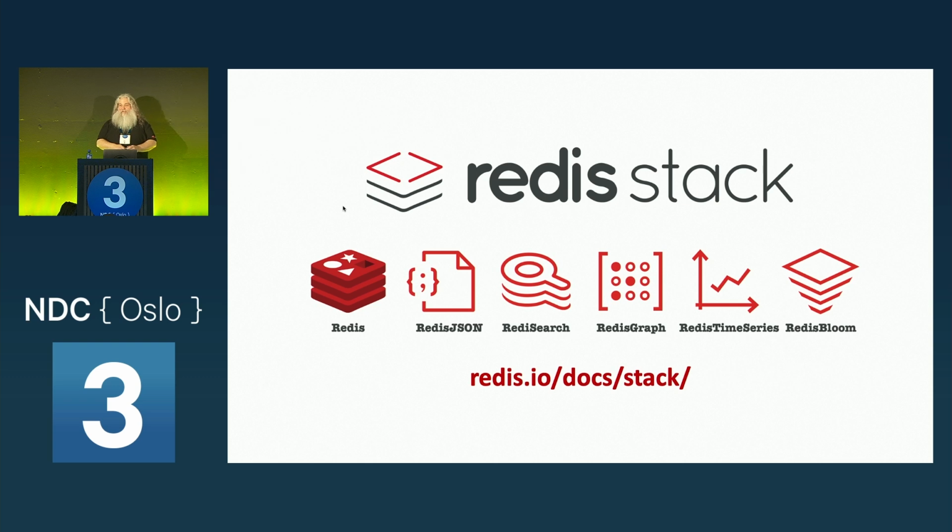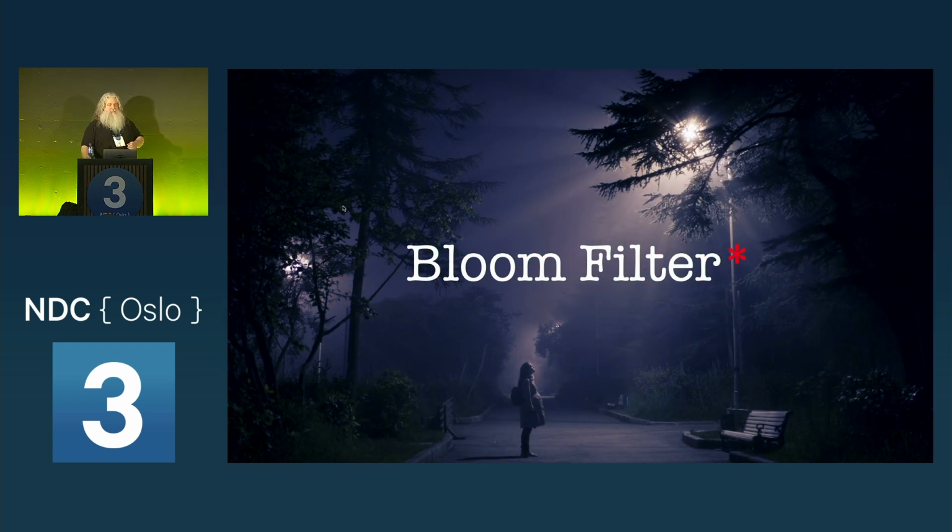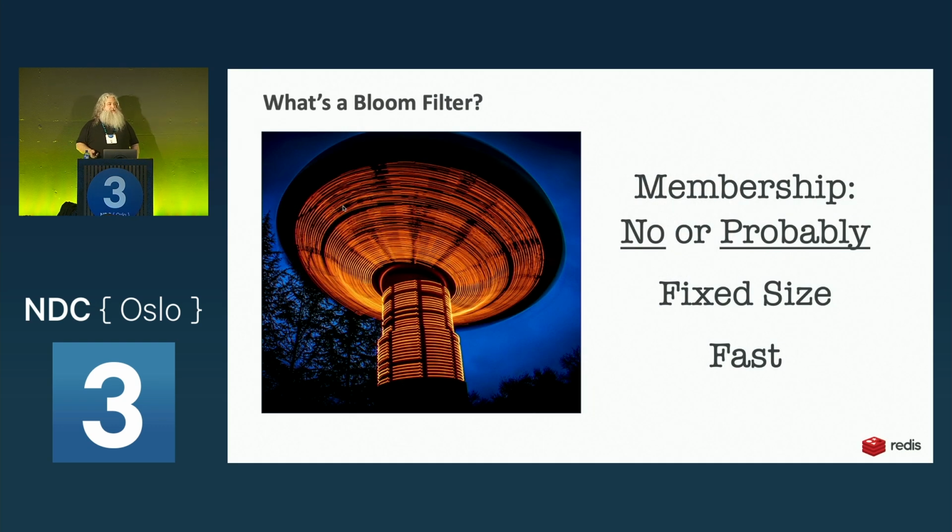So let's talk about some of these data structures in detail. First and foremost, the Bloom filter. Bloom filter is nice because it builds on some of the ideas in the hash table. It's actually a little bit simpler. A Bloom filter is a set that you can add things to, and you can test for membership. That's it. That's all it does. All of the operations are O(1). Adding to the set, constant time. Asking whether something is in the set, constant time. In fact, it's practically the exact same code.